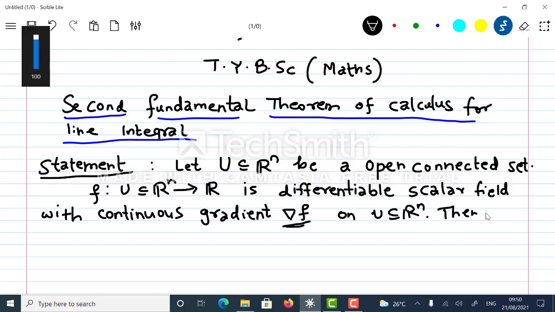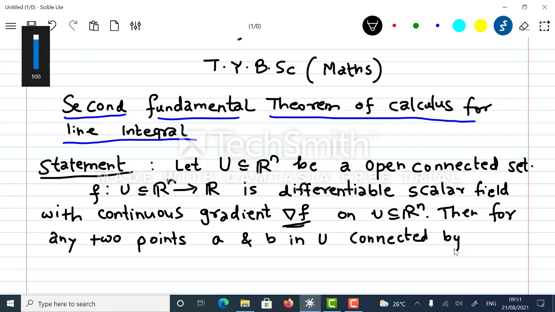Then for any 2 points A and B in U connected by a piecewise smooth path capital C in U,